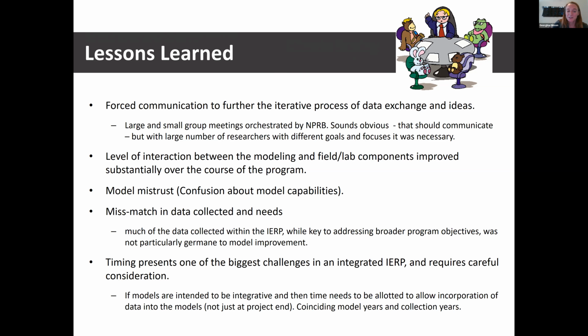So I think there's still a lot more that we could do, but that program is getting wrapped up. That's something to bear in mind, and maybe we won't run into that problem within IARPC, because developed models and existing data sets have been brought together. But that's certainly something to bear in mind.